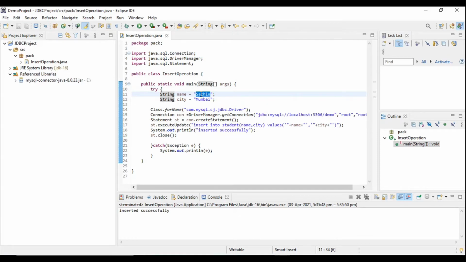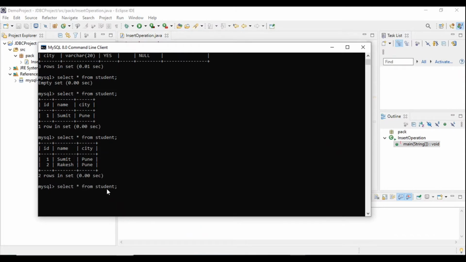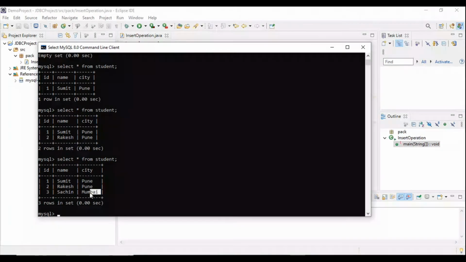And this value we will take from the client, but for now we have added hard coded, right? So again I will run the program. Inserted successfully. Go to the MySQL. Data has been inserted.